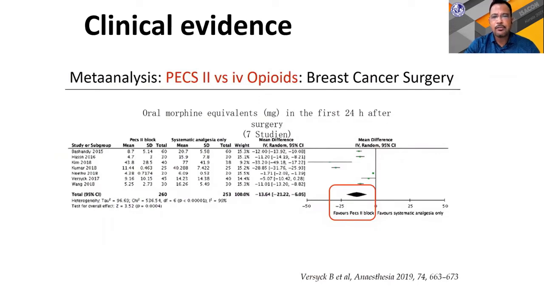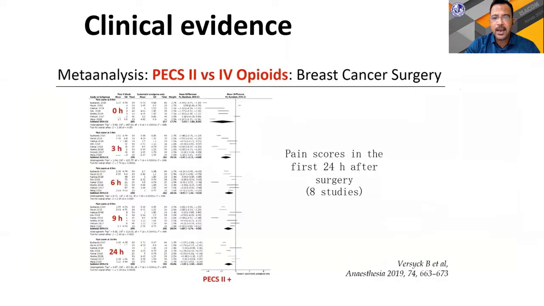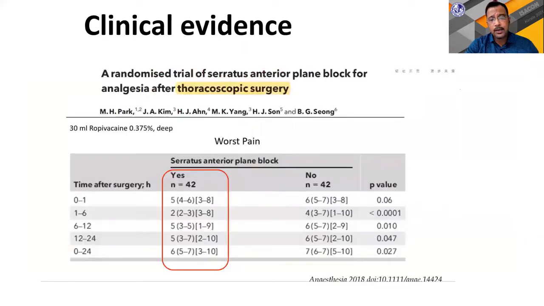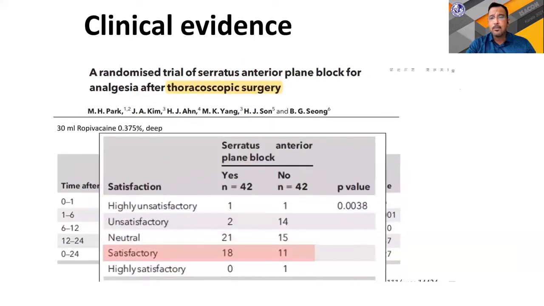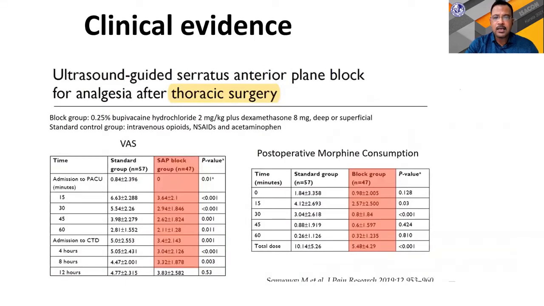this is a meta-analysis comparing PEC-2 versus IV opioids. The patients who were given PEC-2 had a better pain score in the first 24 hours after surgery. Coming to another randomized trial of the use of serratus anterior plane block for analgesia after thoracic surgery, the patients who were given serratus anterior plane block were more satisfied. And this is another paper where ultrasound guided serratus anterior plane block was used for analgesia for thoracic surgery. Patients who received the serratus anterior plane block had a better VAS score and the post-operative morphine consumption was